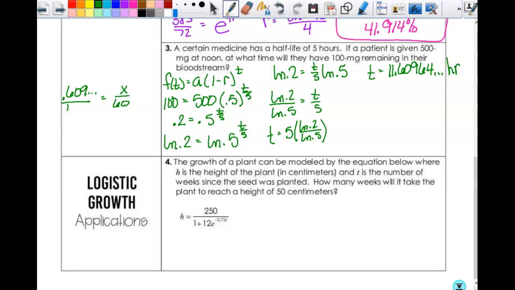Okay, does that make sense? So you just always subtract the whole number, even if it's inches and feet. You can take the number of whatever you have, subtract off the whole number, and multiply it by 12 if you're doing inches and feet. So you just subtract 11 from the number in your calculator. You'll get this decimal. You multiply that by 60, and then we can say that they will have 100 milligrams remaining in their system